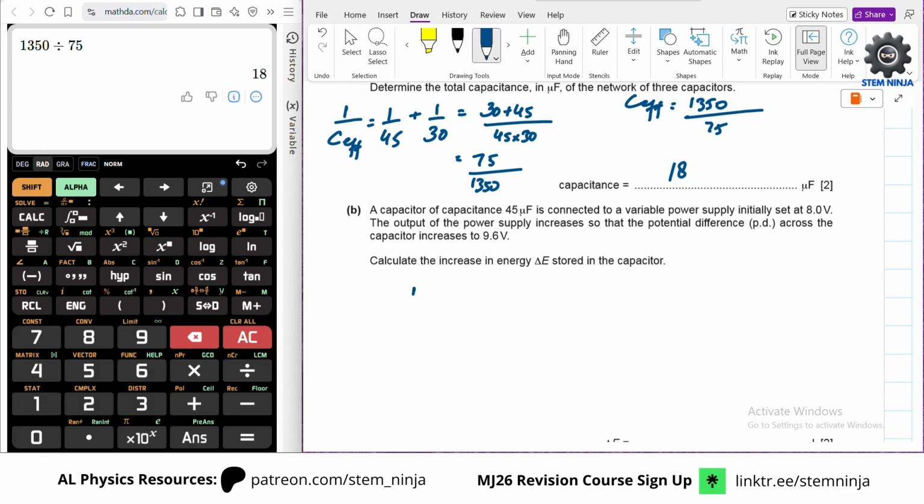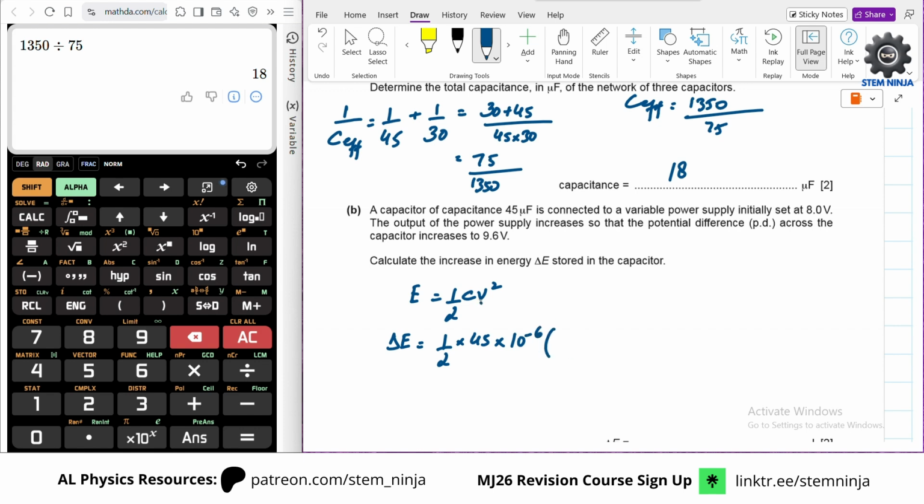So, we know the energy, potential energy stored in a capacitor is half CV squared. Actually we can just simply straight away find out the E. So half C remains to be 45 micro,